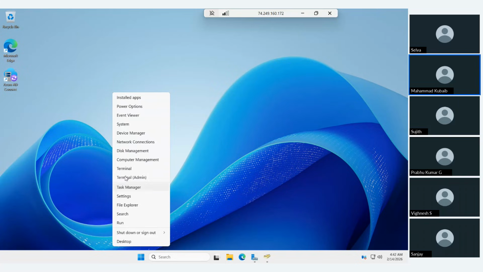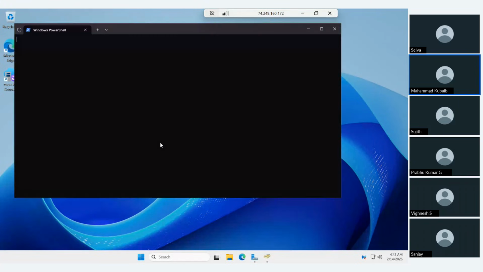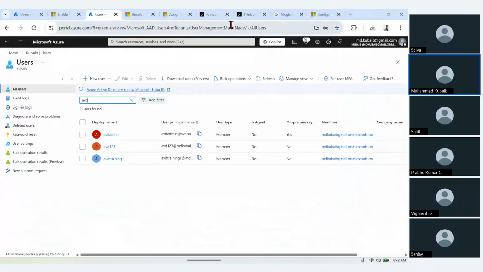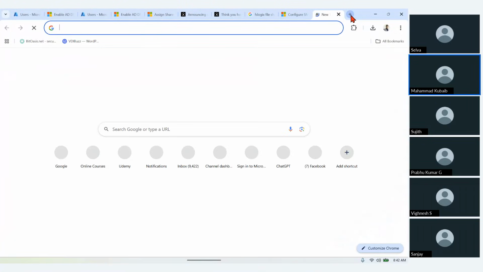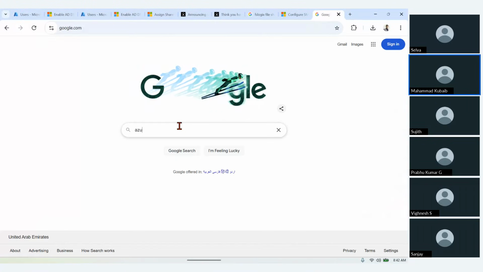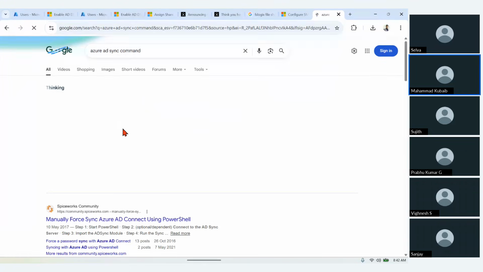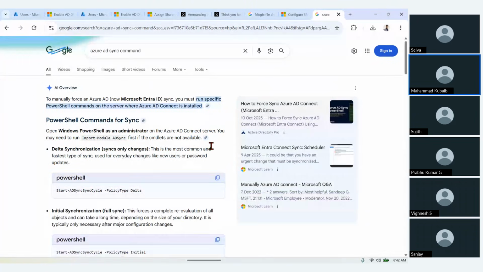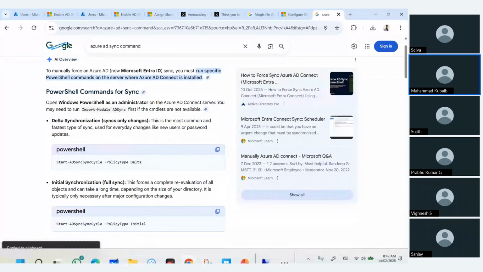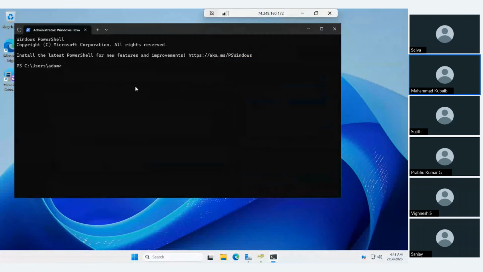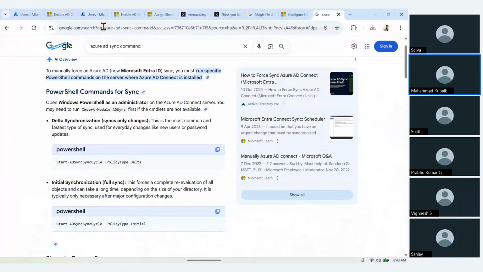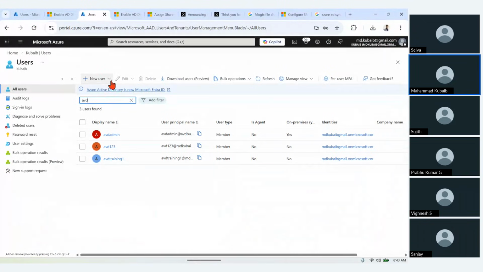So I'm going to open PowerShell. Okay, this is the command. Let's go back, click here and click on sync. This will immediately sync the user. Otherwise, it will run every 30 minutes, I believe. So if I go back and refresh now,